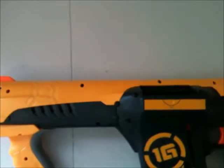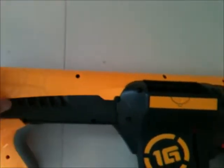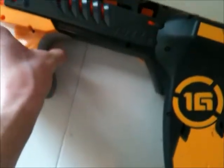The first thing that you're going to want to do is come and unscrew the 7 screws that are in this top yellow piece. Then you can just easily pull it off just like that and set it aside. Next you'll come in and unscrew the handle,